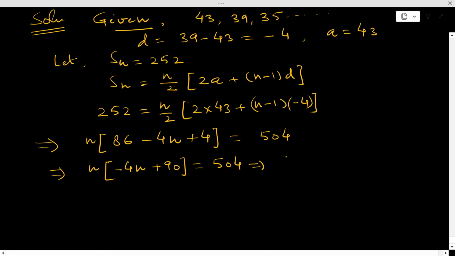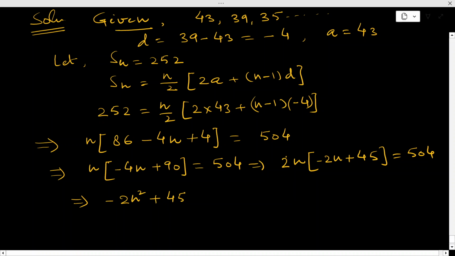If you take 2 common from here, then you can easily cancel out, so you can obtain 2 times n. I am taking 2 common, so this is minus 2n plus 45 is equal to 504. So this implies minus 2n square